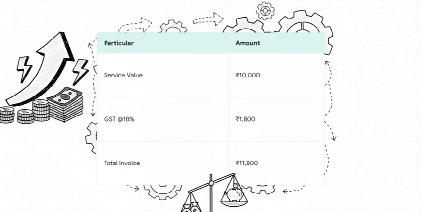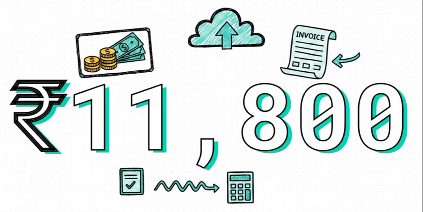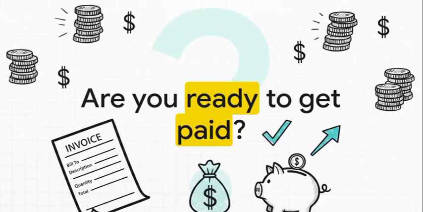Let's check that final math, a 10,000 rupee service value plus an 18% GST. That brings the grand total your customer pays to exactly 11,800 rupees. Remember, no invoice means zero revenue. So, are you ready to